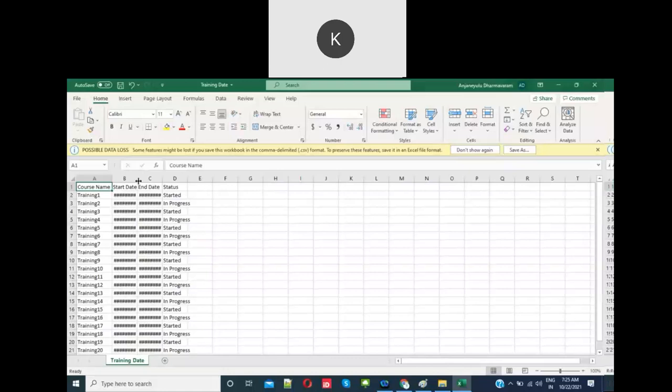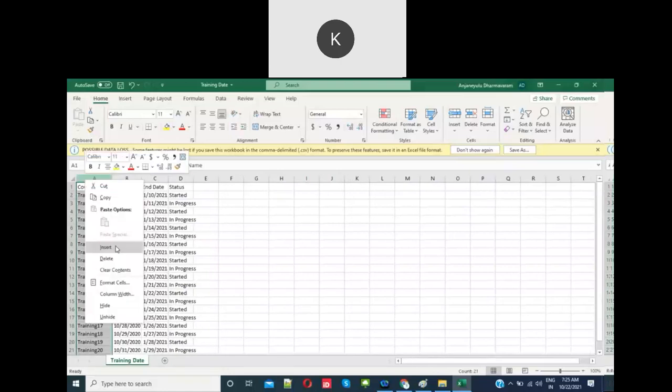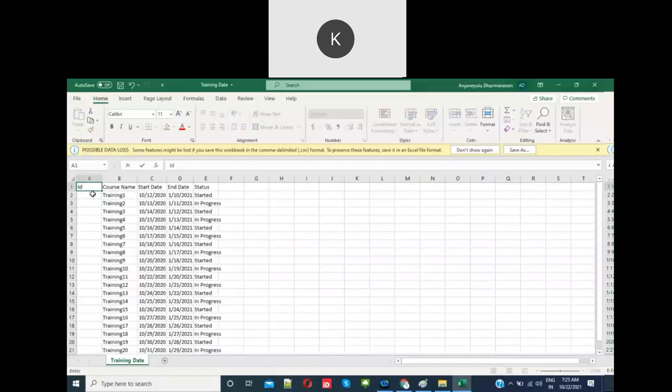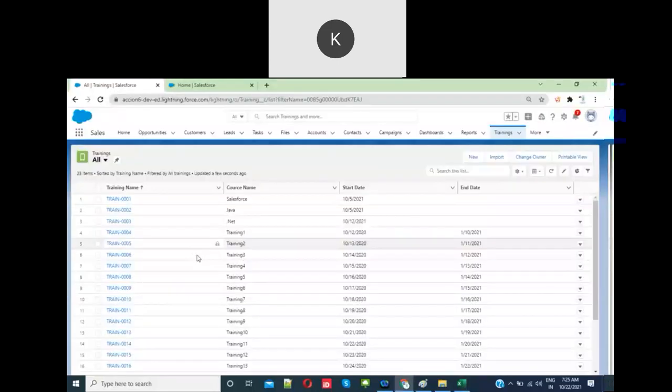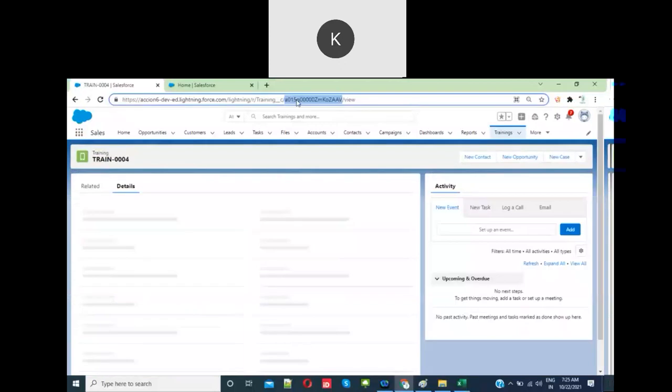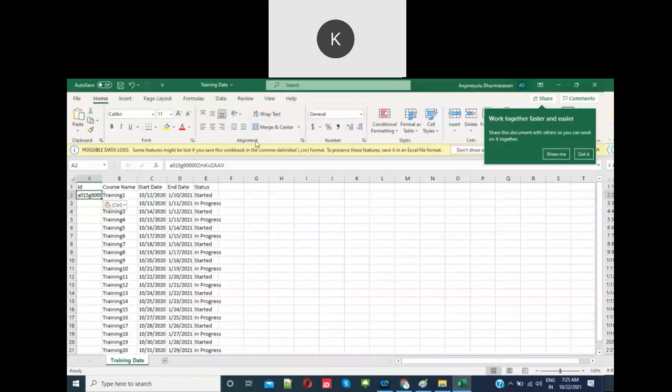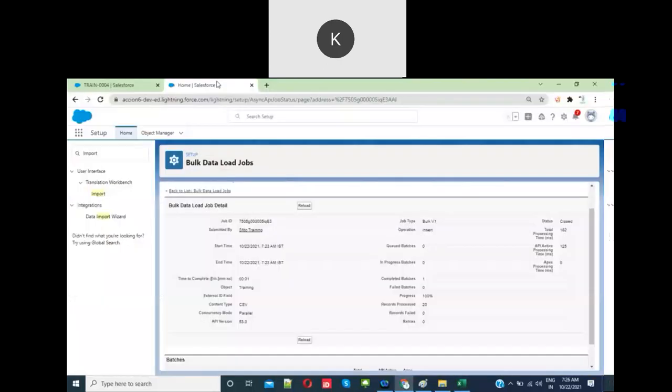Okay, here if you want to upload, or let's say update the records, what you have to do is give a field called ID. So here, ID. What is the ID? Usually when you open the record, say this is the Training 1 record, go here. This is called the ID. We have already discussed this one. Keep this ID here, okay? And then again, the next one is Training 2, right? Simple way is